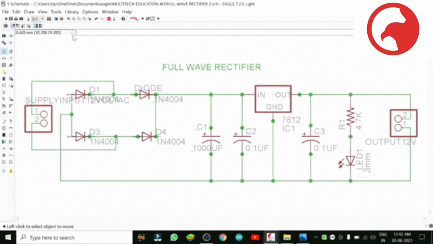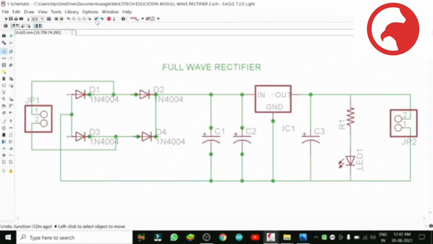Now there is another way also. These positive marks, instead of selecting one by one, we can bring on all the components all together. So let us go back first. I will revert everything and we will start again, and we will select everything in a group.